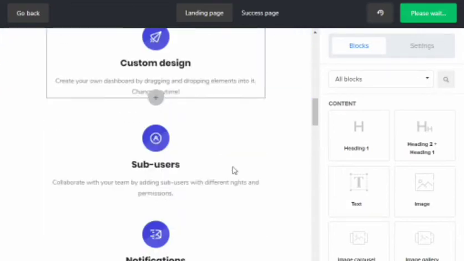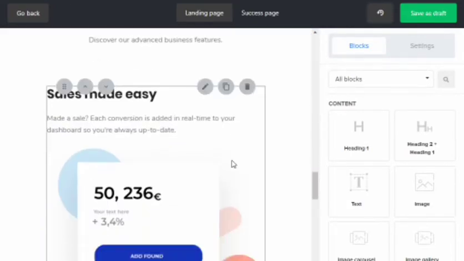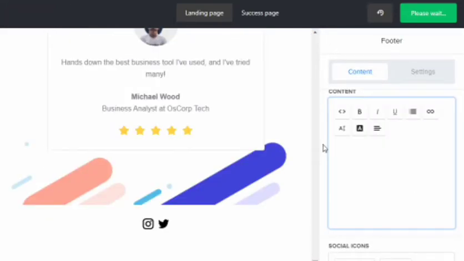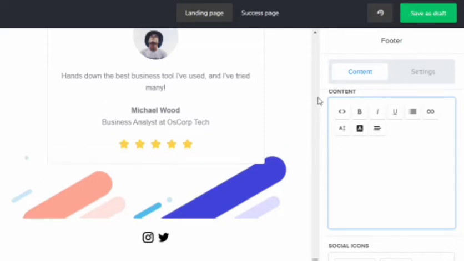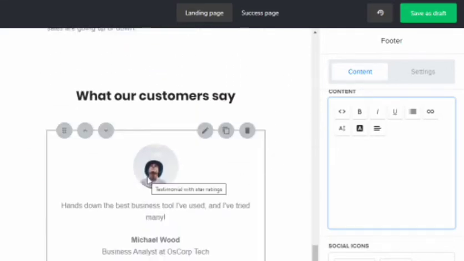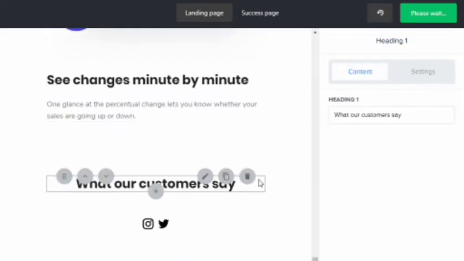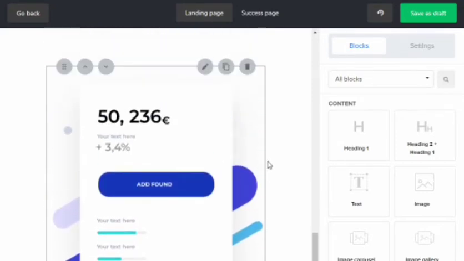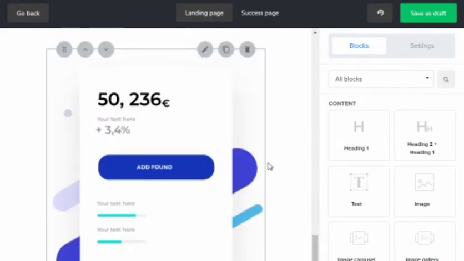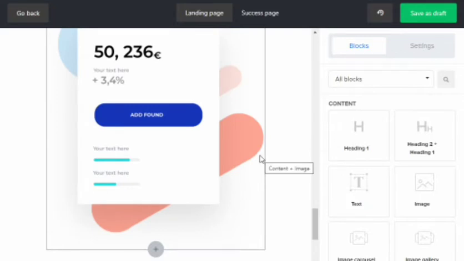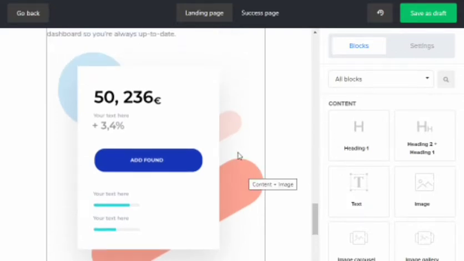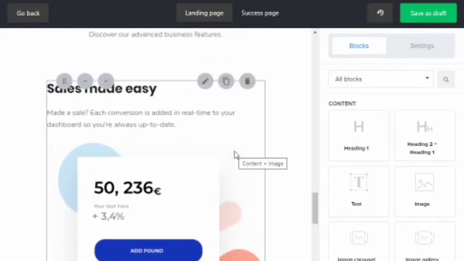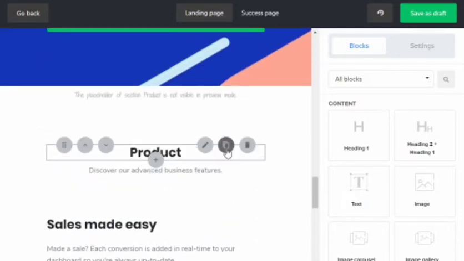So yeah, and this is the page. The total landing page will be like this. I'll be editing a few features which I really don't want, because I don't want this what customer says, or I don't want to feature my name here, because it's going to be a complete affiliate product landing page. I just want my products to be featured, like 2 or 3 columns, and the starting title. That's all. I don't want anything else.